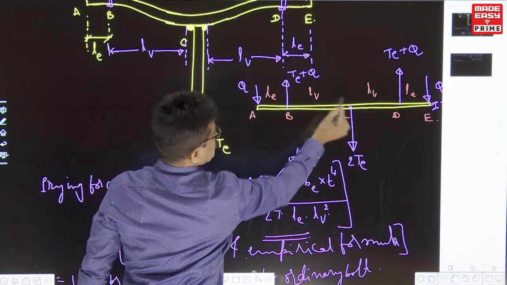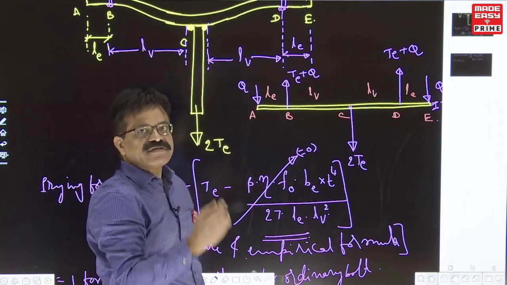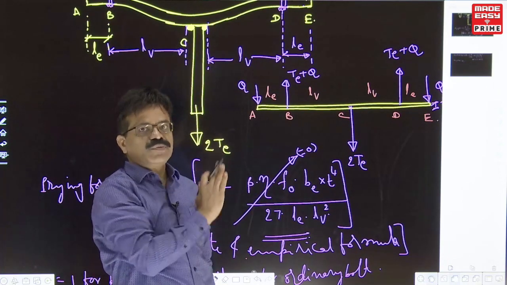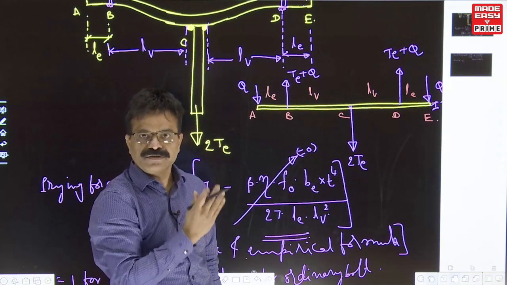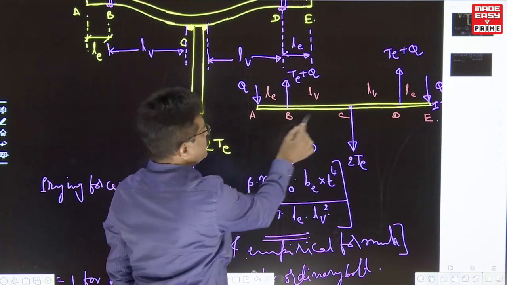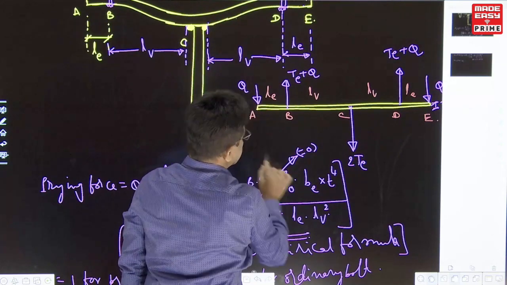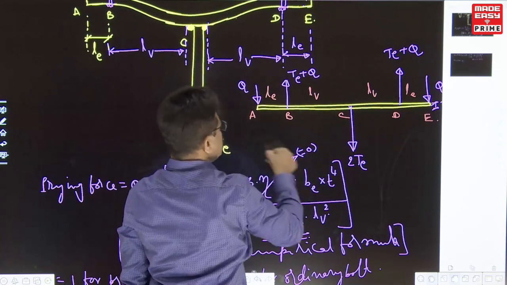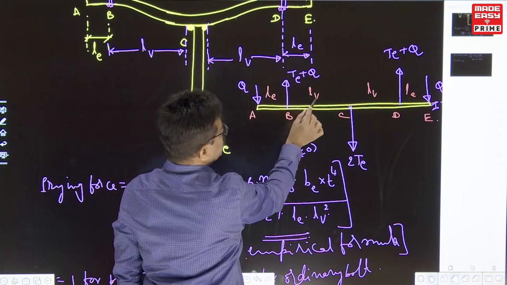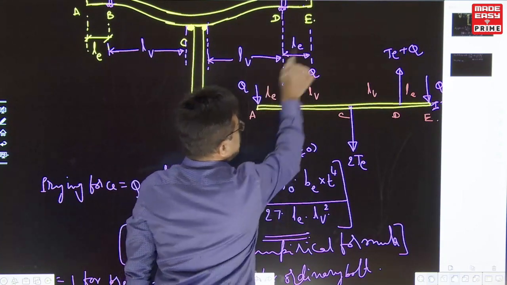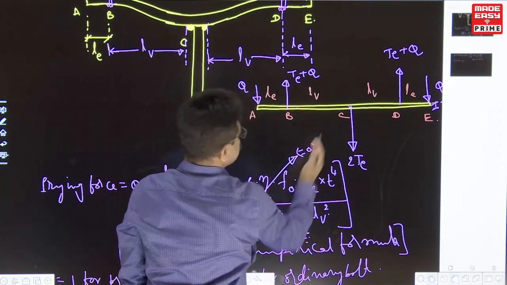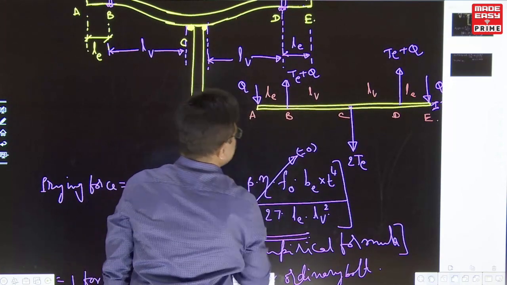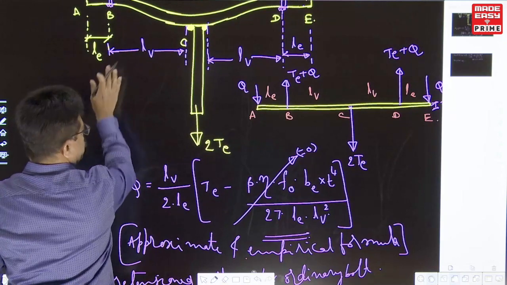You see here, for the moment at C, the bending moment at any section, you stand there and look at one side. If you look at both sides, it becomes sigma M equal to 0. So you have to see only one side. There are two forces. This is anti-clockwise, this is clockwise. Anti-clockwise you take as negative, so Q into (Le plus Lv) plus (Te plus Q) into Lv. So that is the bending moment because of the two forces. So we will write that point.